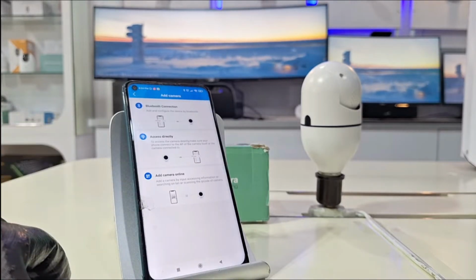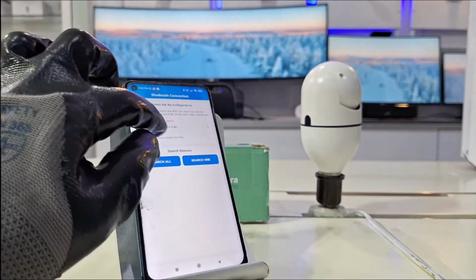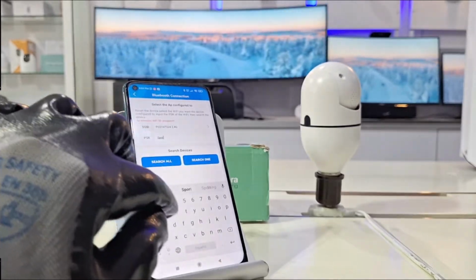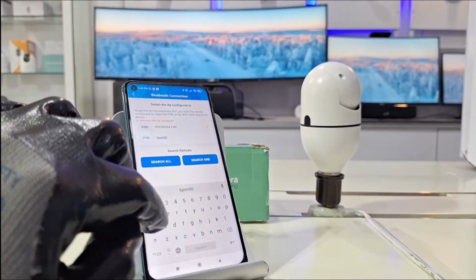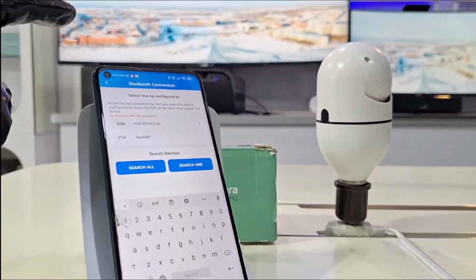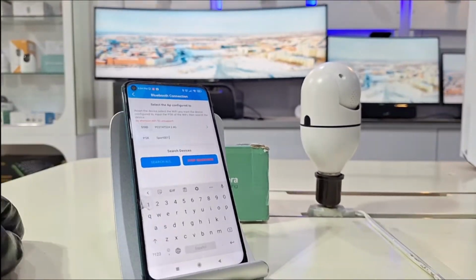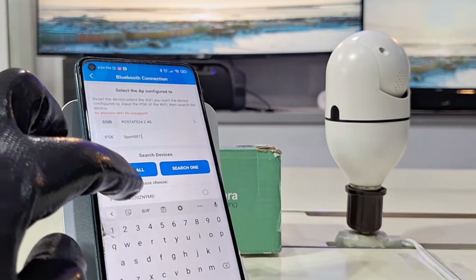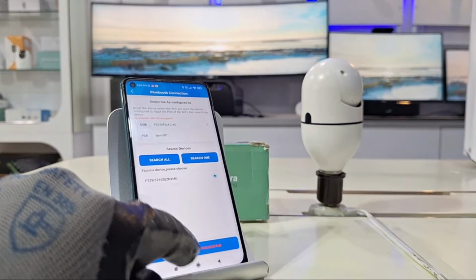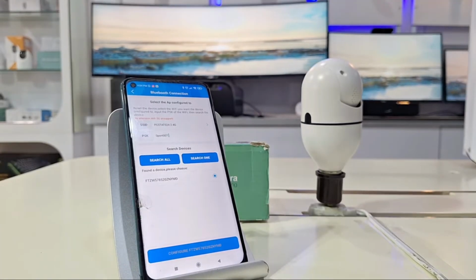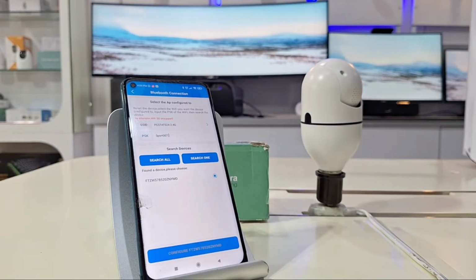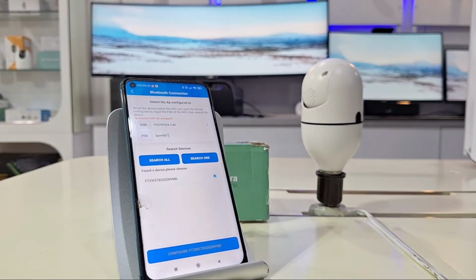The next thing we proceed to do, having checked the Bluetooth connection method, is to enter the Wi-Fi network where we are going to add the camera and its password. We click on Search and the application shows us the detected camera with the letters FTZ. When looking at this camera, we click on its name and the application allows us to select the option to configure the camera. This method is excellent because our camera is configured in an automated and simple way.